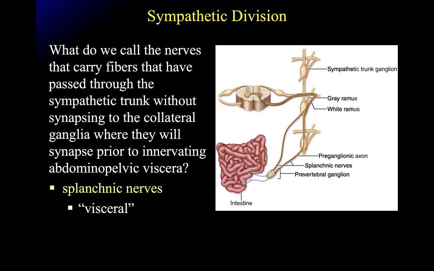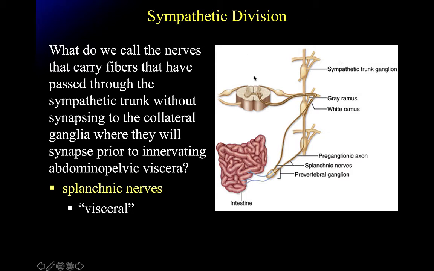and go directly there. Now it ends up that there is another pathway, and it's going to involve some other ganglia. So we have what we refer to as splanchnic nerves. Splanchnic is another term for visceral, meaning organ, and these are nerves that are going to carry axons which have passed through a sympathetic trunk ganglion without synapsing to allow them to get to the collateral ganglia, where they will synapse prior to sending their postganglionic axon on that ganglionic neuron to the abdominopelvic viscera, the organs in the abdominopelvic